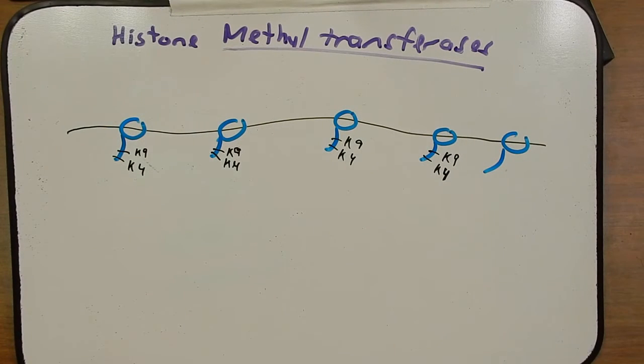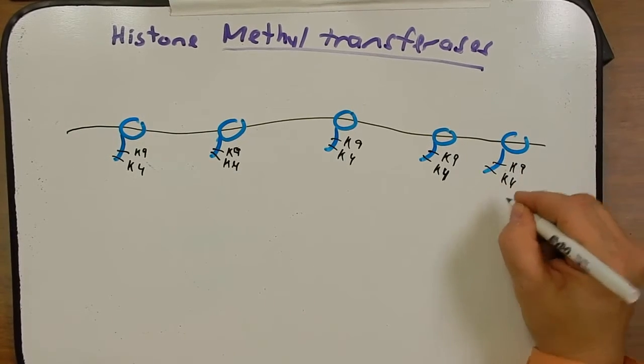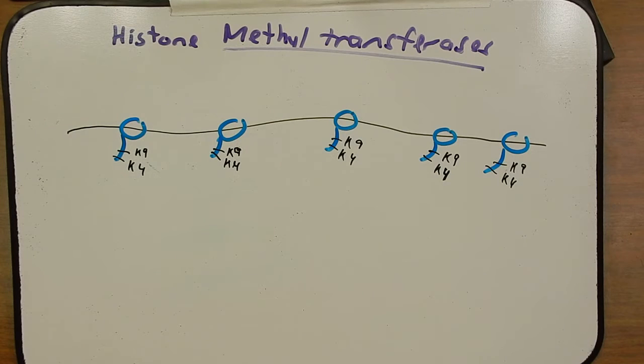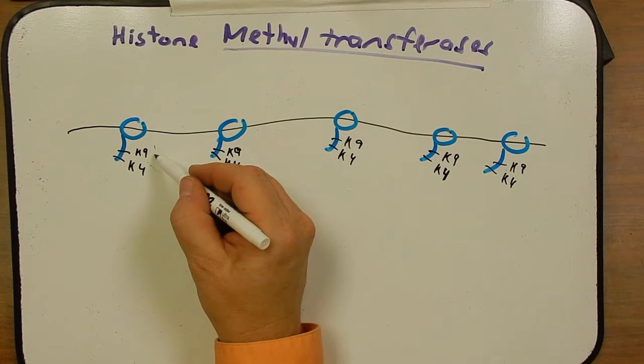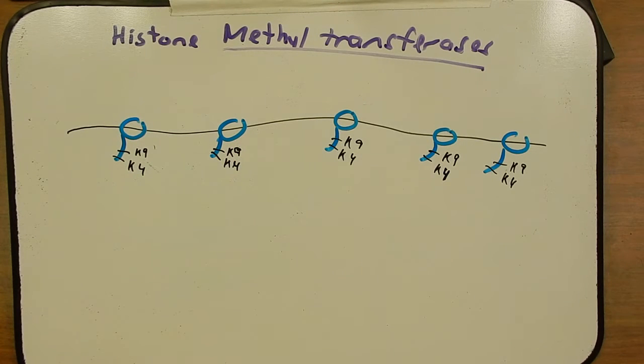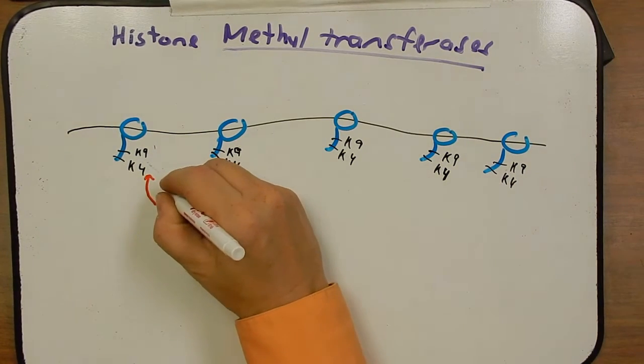Something we don't mention enough is that when things are acetylated or deacetylated or methylated, these aren't typically transient events. They can remain methylated or acetylated for many cell divisions, thereby remembering, so to speak, to keep these genes on or off. So what methyltransferases do is they will come along here to one of these lysines and they'll add